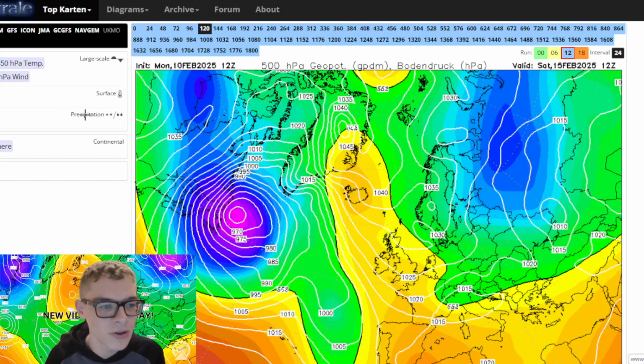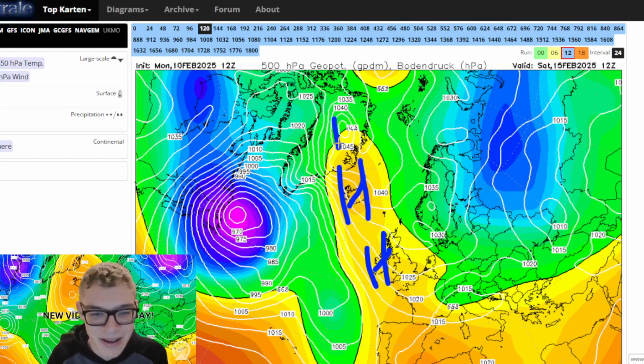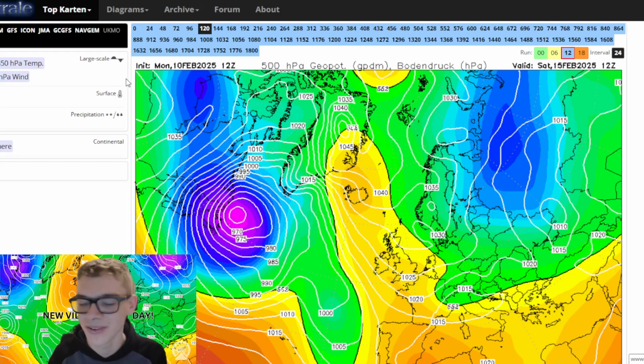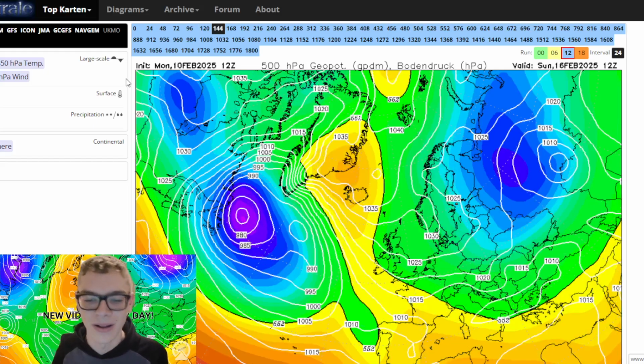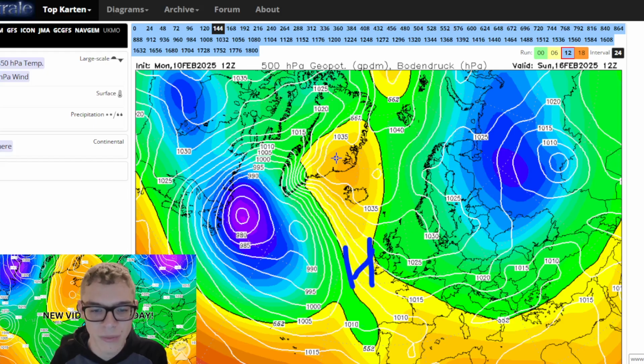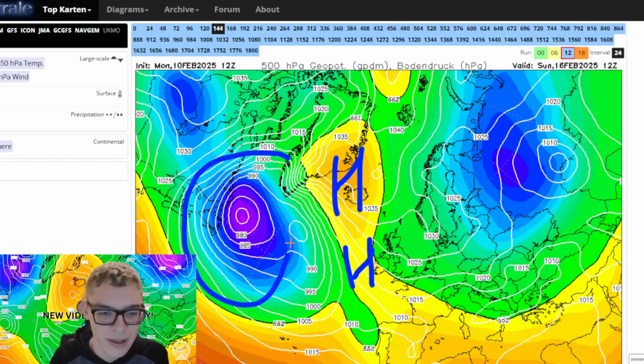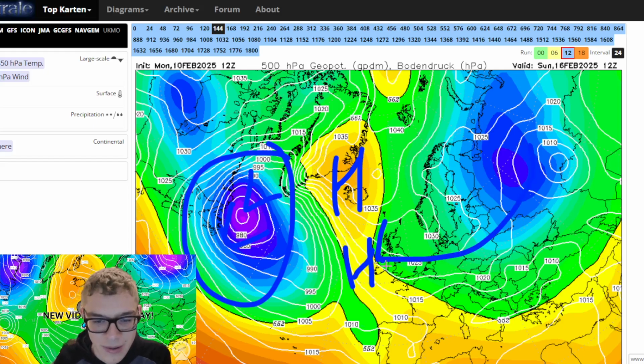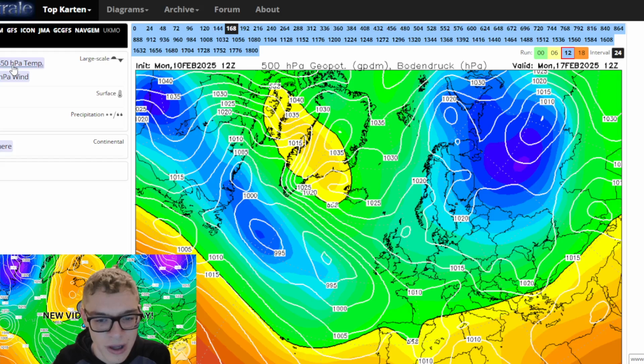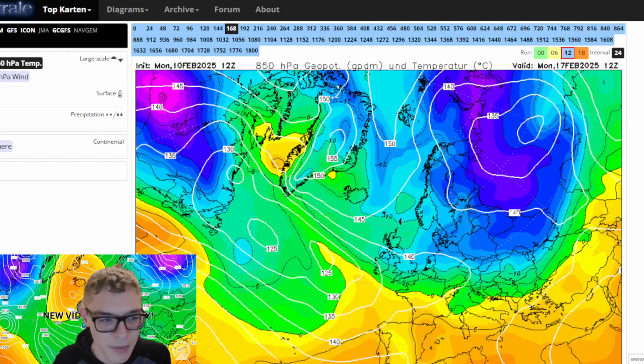So with the CFS, high pressure moves out to the west now. Get your eyes peeled on this one if you want cold. This is what the CFS is showing. Imagine the CFS is the one that's right all along. Look, so it pushes the high out to the west, sustaining that block and getting rid of the low pressure in the Atlantic. Brings in some really cold air from the east for a time and sustains the block. A bit of a battleground, but it wins out.